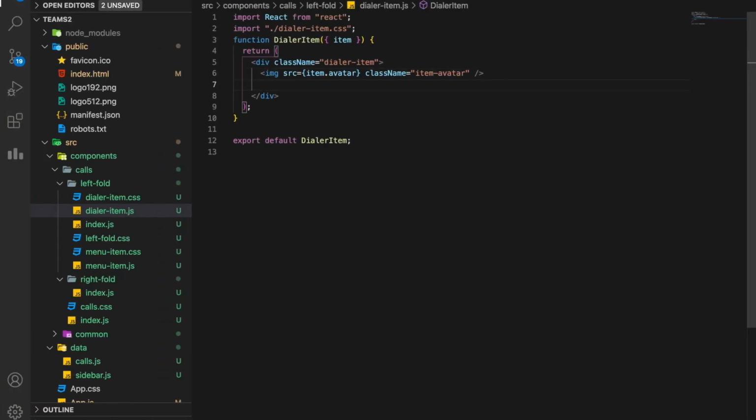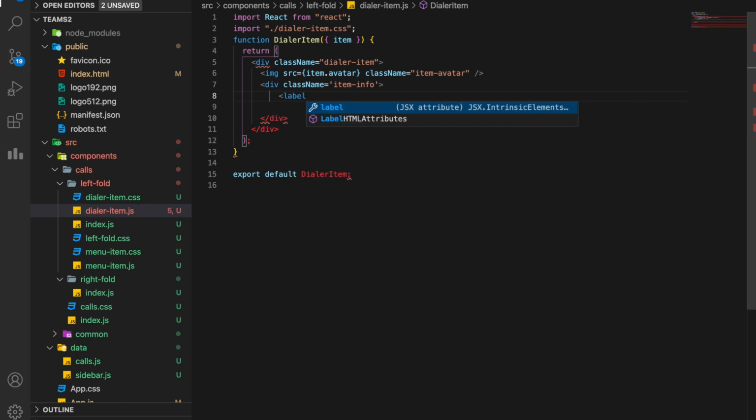So for this, let's create a div and give it a class name of item-info, because it's the information. So inside the information we have two labels actually. One is title and one is subtitle. We can call it anything. I'm just calling it title and subtitle.